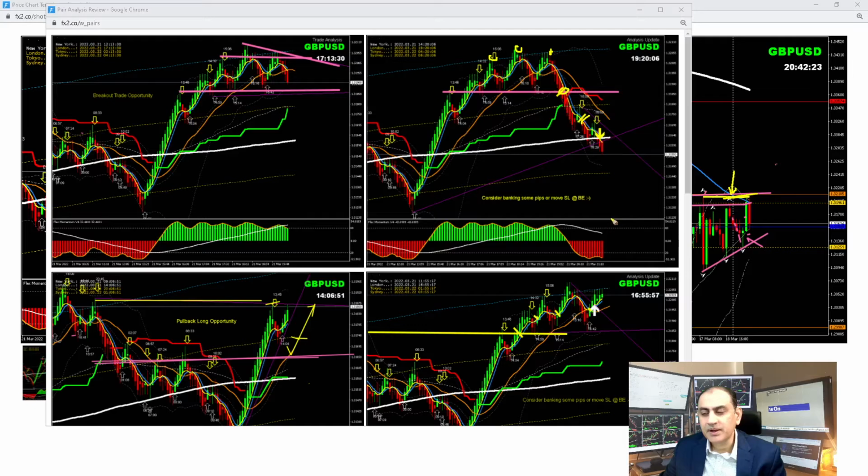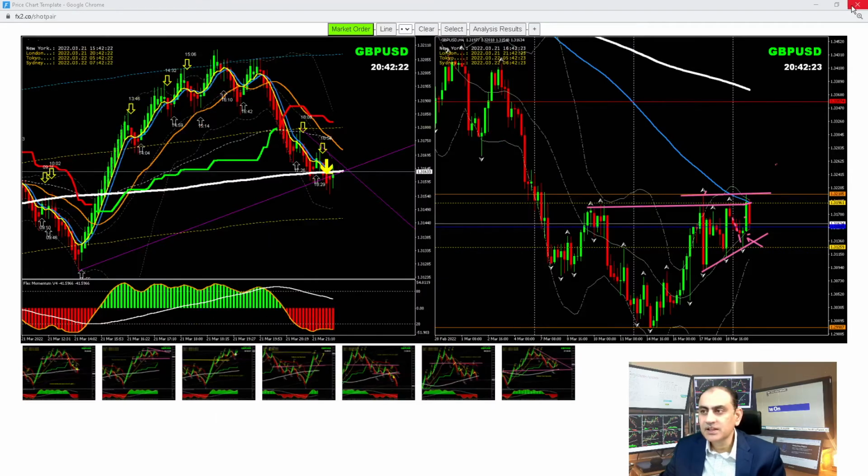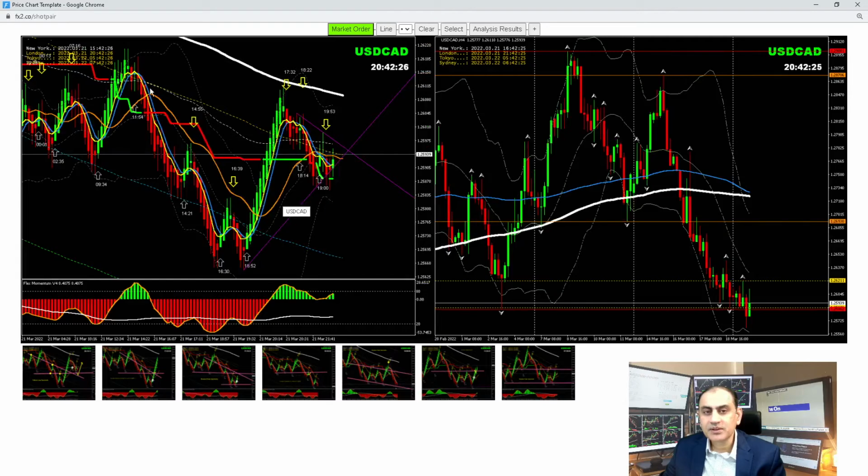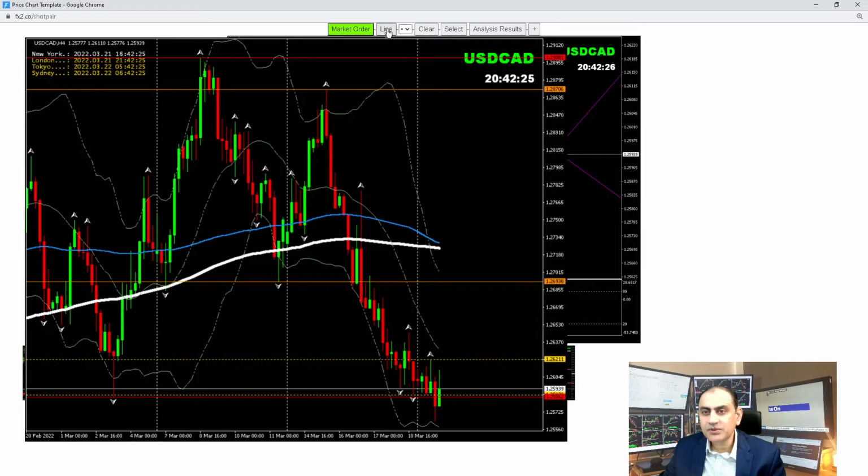After the breakout, pullback. So as soon as the price hit this level, I explained to my trader it's time to enjoy some profit. So amazing trade, guys. And on Dollar CAD, we were expecting a long, which we took and which came out at break even. So if you look at the 4 hour chart,